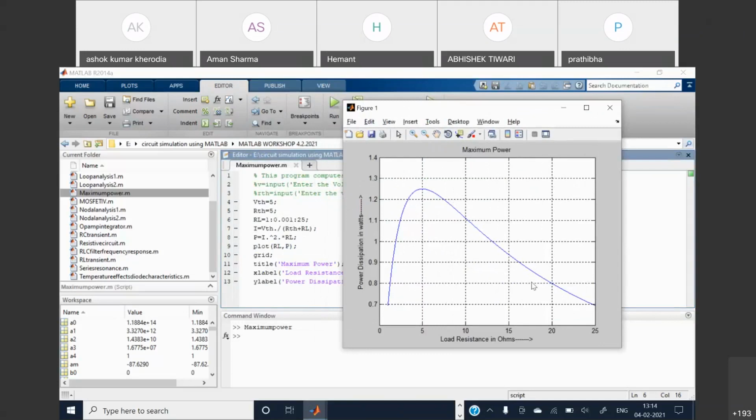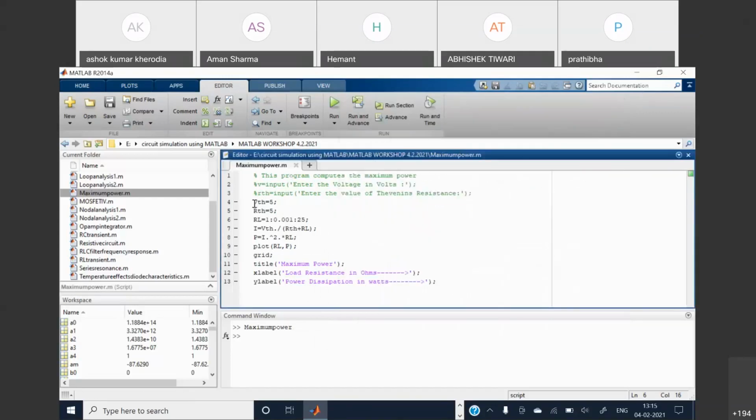There are different other methods also, many other methods. You can use differentiation, that function also, which is available here. Or you can, instead of that,